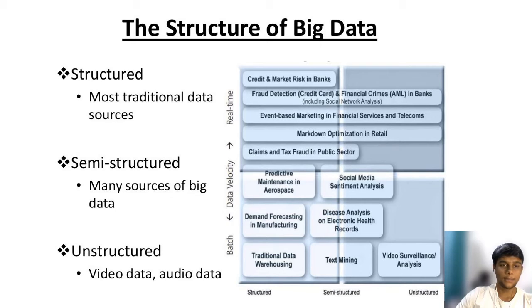The second type is semi-structured data. It is a type of big data that doesn't conform with a formal structure or data models, but it comes with some kinds of organizational tags or other markers that help to separate semantic elements as well as enforce hierarchies of fields and records within the data. You can think of JSON documents or XML files as this type of big data.